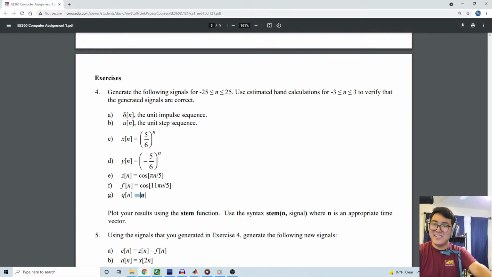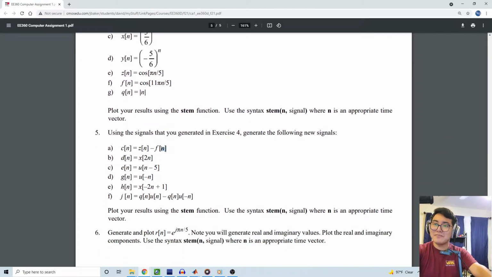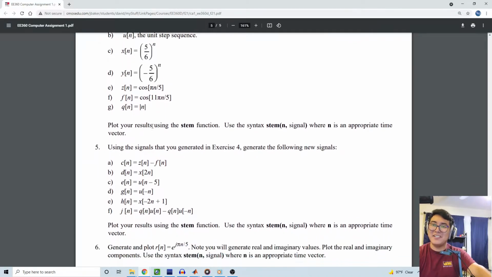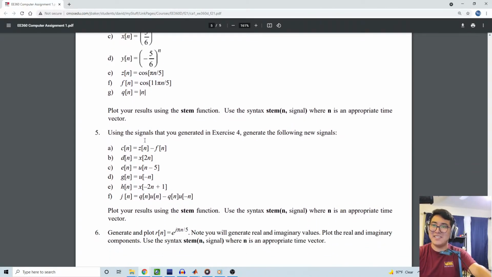And then that one, you can generate on your own. You can use the absolute function. You know what that looks like. So that's why I say, draw your estimated hand calcs, just in case you don't know what's going on. Okay. This should be easy. Now, this is the one I'm going to tell everyone to type in on their pieces of paper as optional. This is another classical case where you don't know the technique yet. You can do it if you want, but if you're trying to generate this signal from the information you're given, you're not going to have enough information because this is just